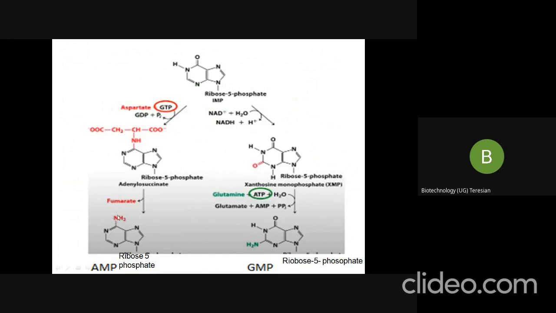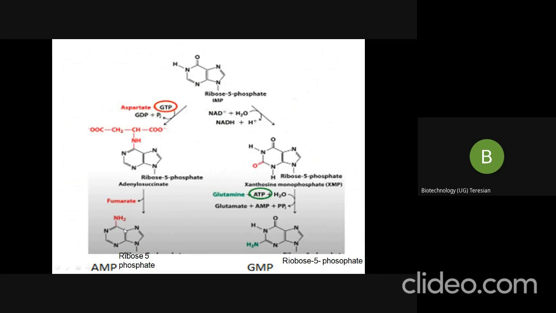I got the amine group from my aspartate, and the others are removed. They are removed in the form of fumarate, and I'm left with this structure, and this structure is nothing but your AMP, adenosine monophosphate. That is, you have a ribose 5-phosphate, that sugar group. So you can see how the change happens in this carbonyl group, wherein your aspartate attaches and it retains the